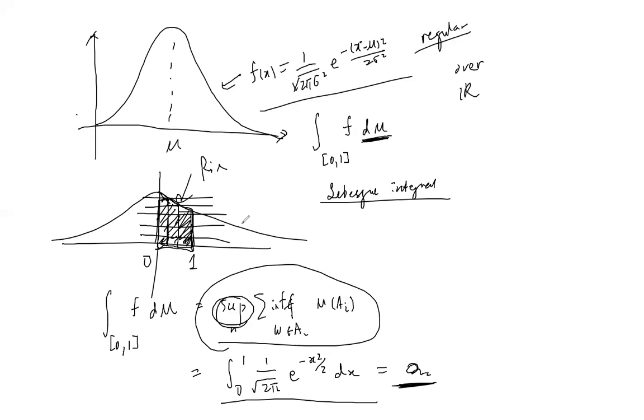Unless your function is actually a step function, then the sup is easy to evaluate, because when you have a step function, let's say you have some interval here, this is more or less done already, because this is a flat line, right? So your infimum is basically just this line itself, and there's nothing else. So in this case, it's just a rectangle. You just use the geometry to do it, right? This is the measure and this is the height. This is the measure, this is the height, okay?